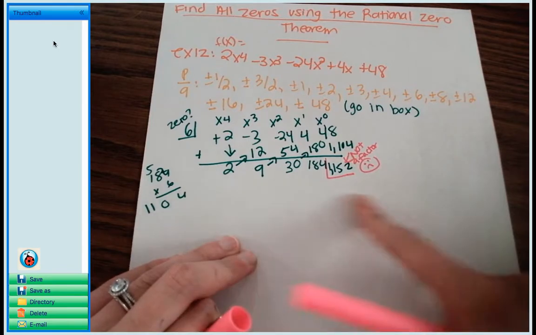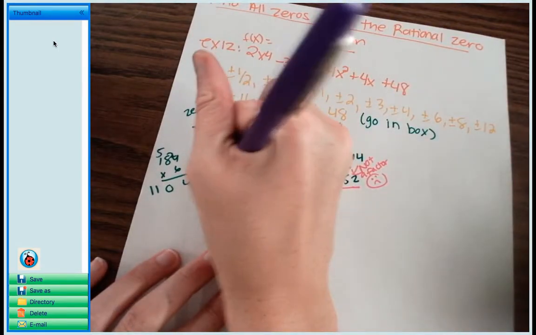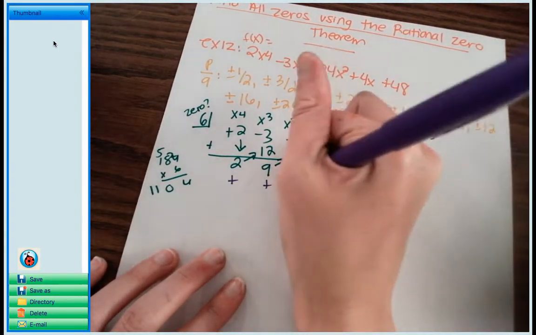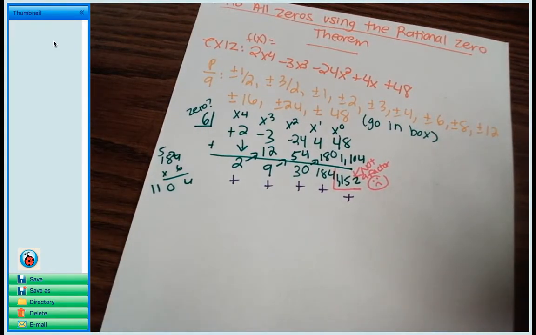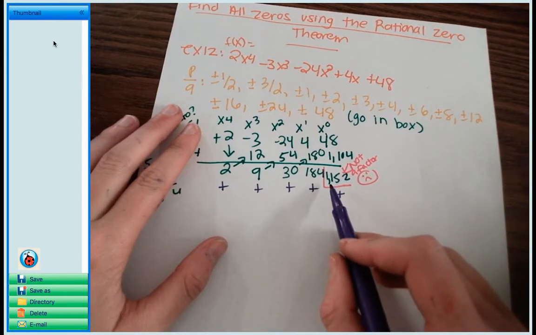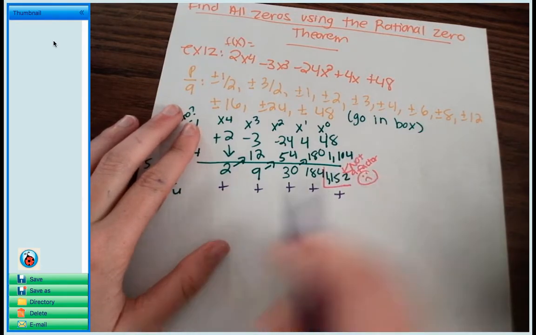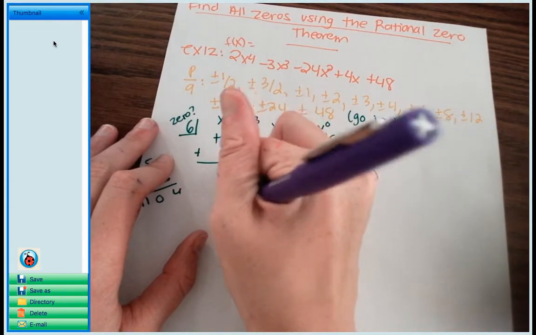Do you guys notice all the signs below my division bar? Okay, what are all the signs? Positives or negatives? They're all positives. Do you guys see that? I got a positive sign, a positive sign, positive sign, positive sign, and positive sign. Okay, if you guys see this happen, if you find out that something's not a factor, so you don't get a remainder of 0, but you get all the positives, what this means you have found is something called an